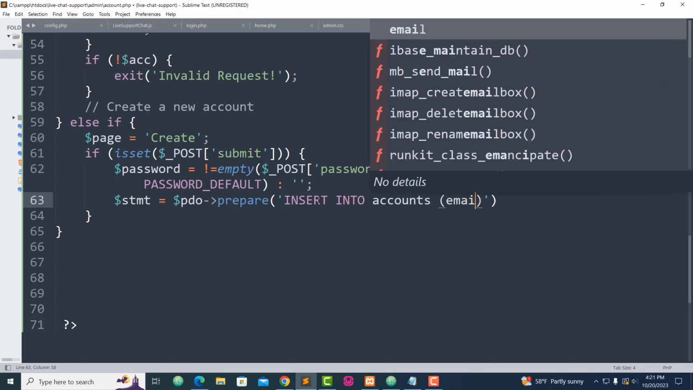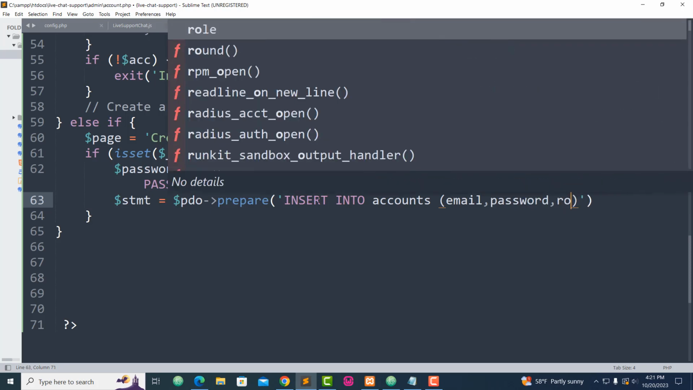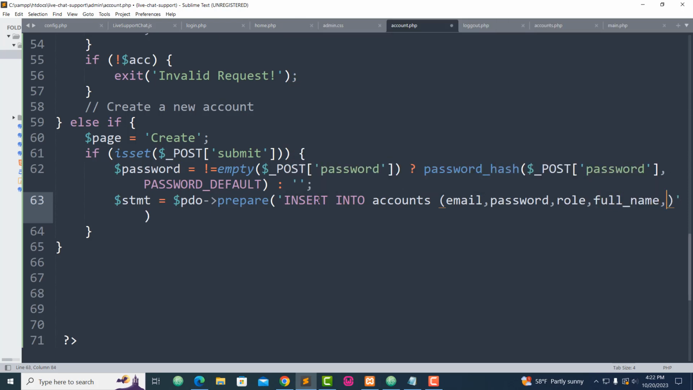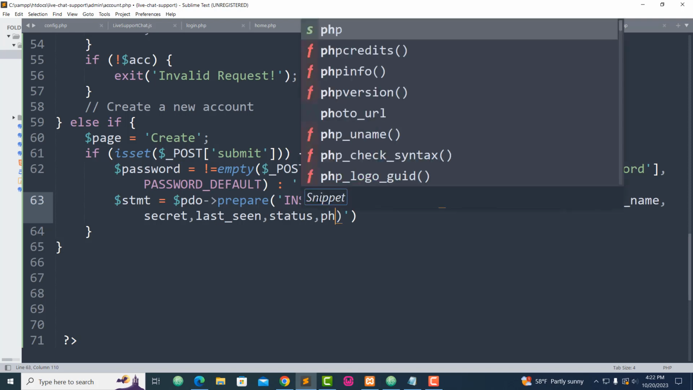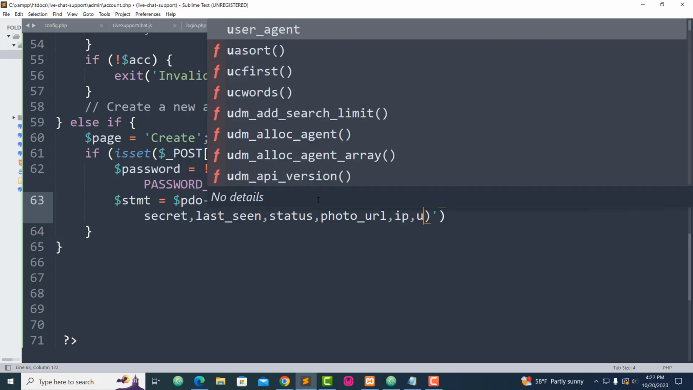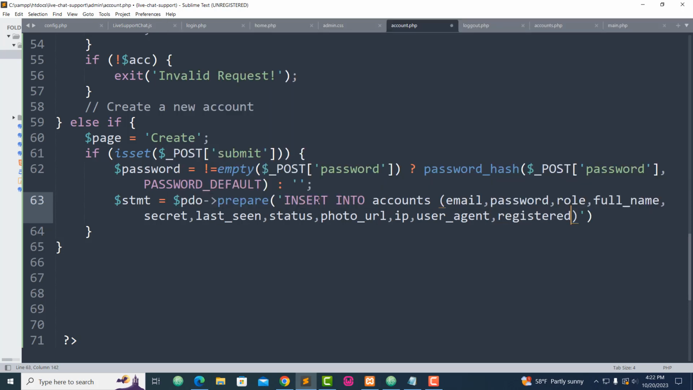Okay, first thing should be email, password, role, full name, secret, Racine, status, photo URL, and then we have IP, user agent, and we have registered. Okay, and go here. These are the